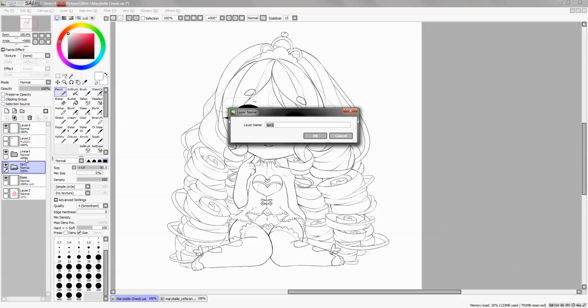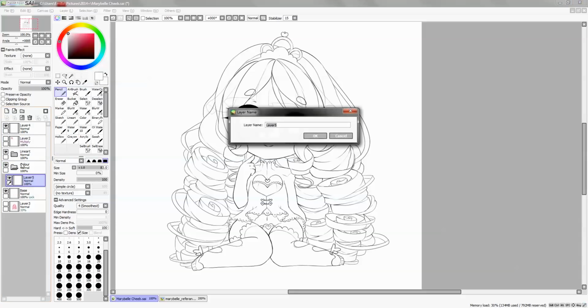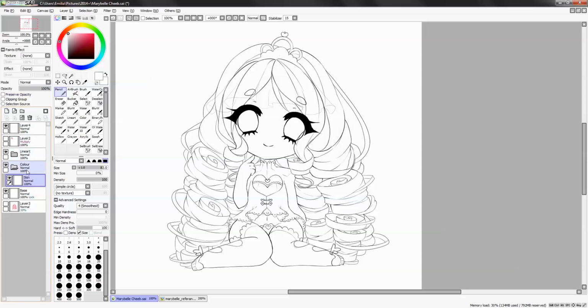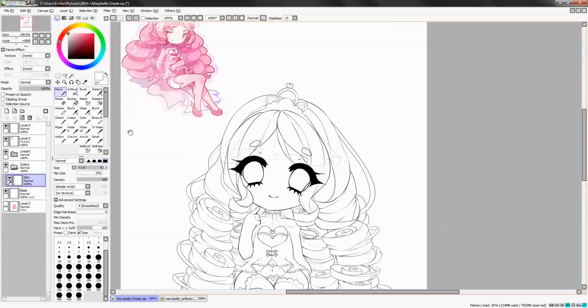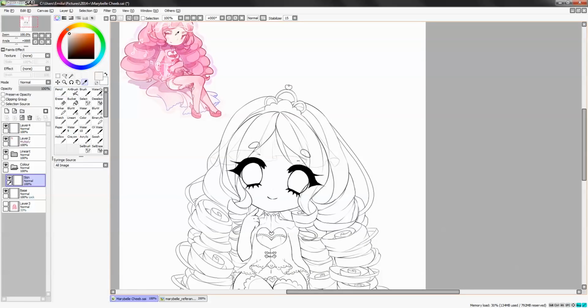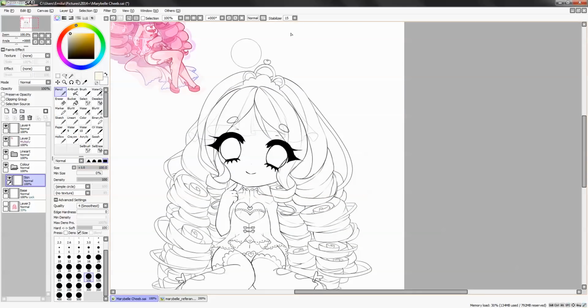And now, to not color outside the lines, you can make a new group. Double click it to name it, click color, or click right color. And then, for example, you do skin. You click here to make a new layer in the group, click skin. And then you're going to color the skin. Color pick from the reference you have, or choose your own color to your own liking that is kind of alike.